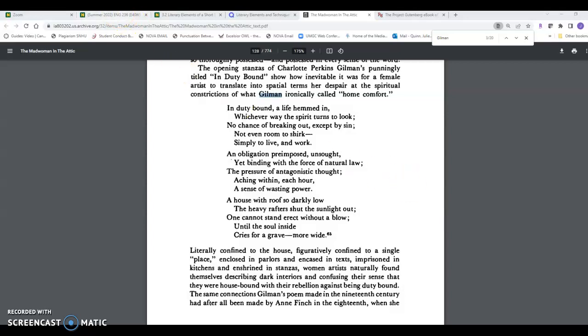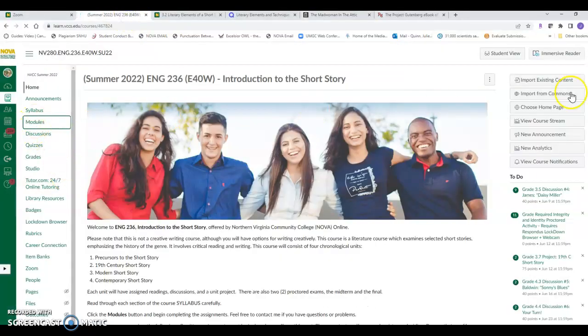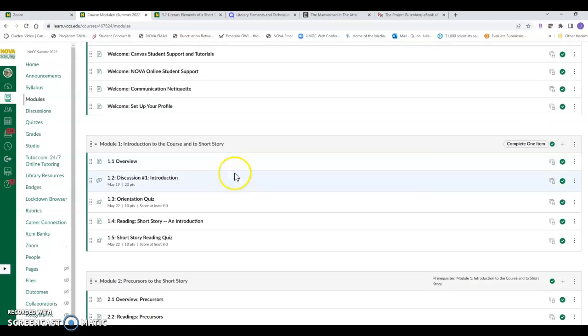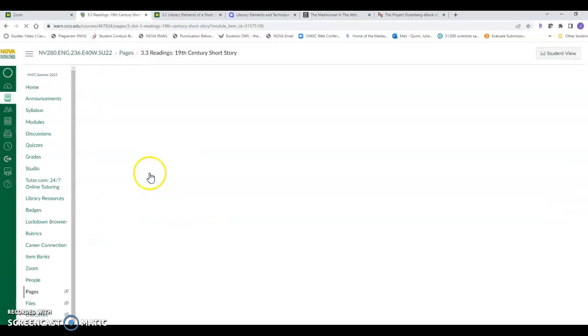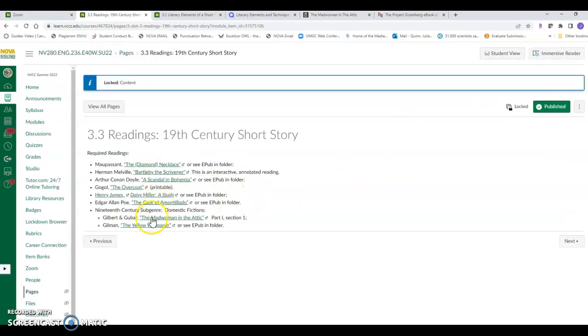In the course, if you go to the modules and you go to Module 3, you'll see that you've had a collection of readings, and the last set of readings this week is Madwoman in the Attic, Part 1, Section 1, and of course the accompanying reading, The Yellow Wallpaper, which is a shorter short. It may be not as short as The Cask of Amontillado, but it's not particularly long, right? So you've got that late 19th century text, and we've got the accompanying critical analysis of the text